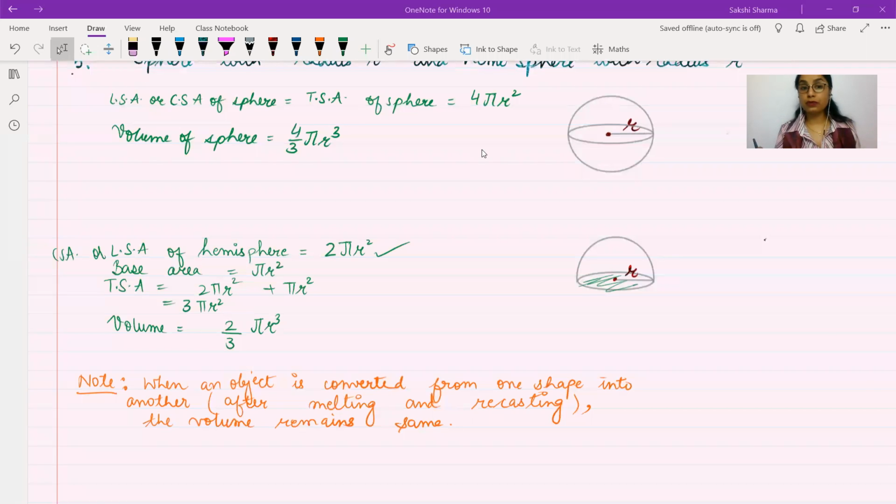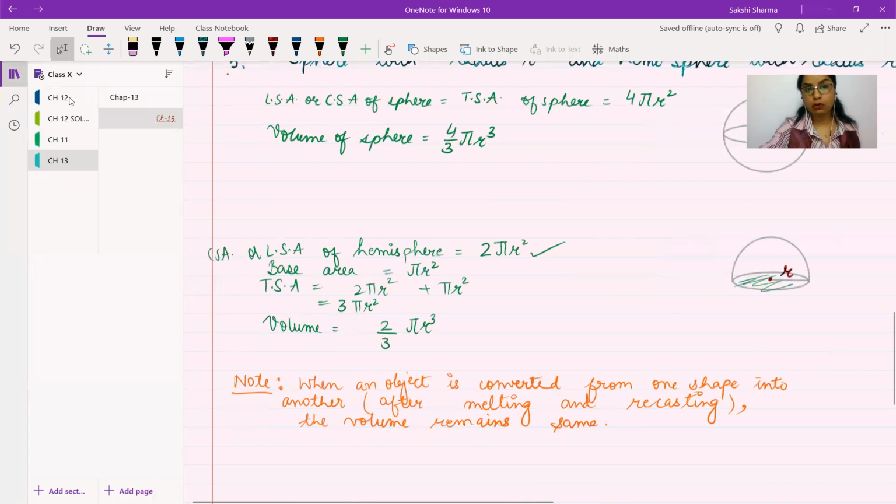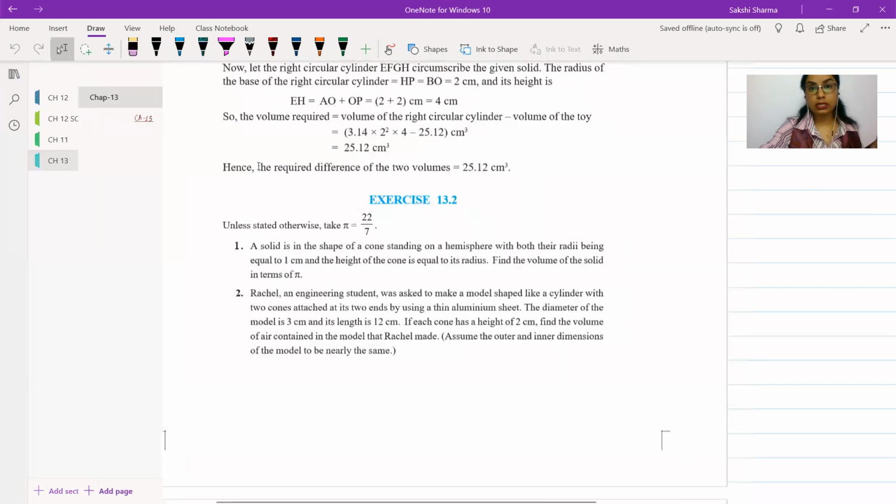Whereas in case of surface areas, sometimes one or more than one surface gets disappeared. So that surface we have to exclude. It's very clearly, very nicely explained in your book. If you just go over what's given in the textbook in the beginning of the chapter, it will help you understand what it means. What I'm trying to say here is that